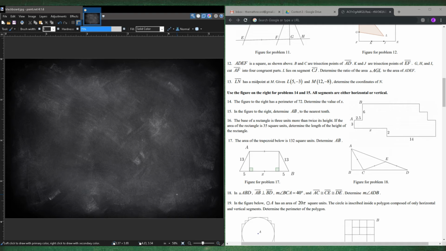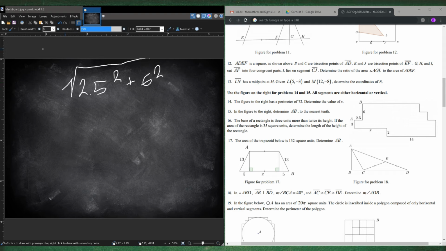Okay, number 15. In the diagram to the right, determine AB to the nearest tenth. So AB is just 2.5. We just need to find the hypotenuse, so we have 2.5 and 6. So we have 2.5 squared plus 6 squared, and then you have to square root it to find the length